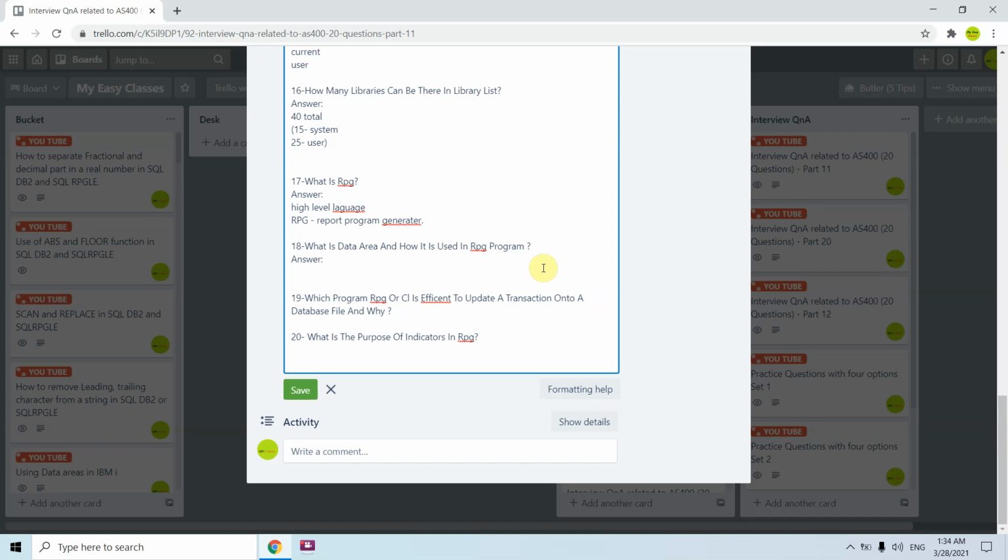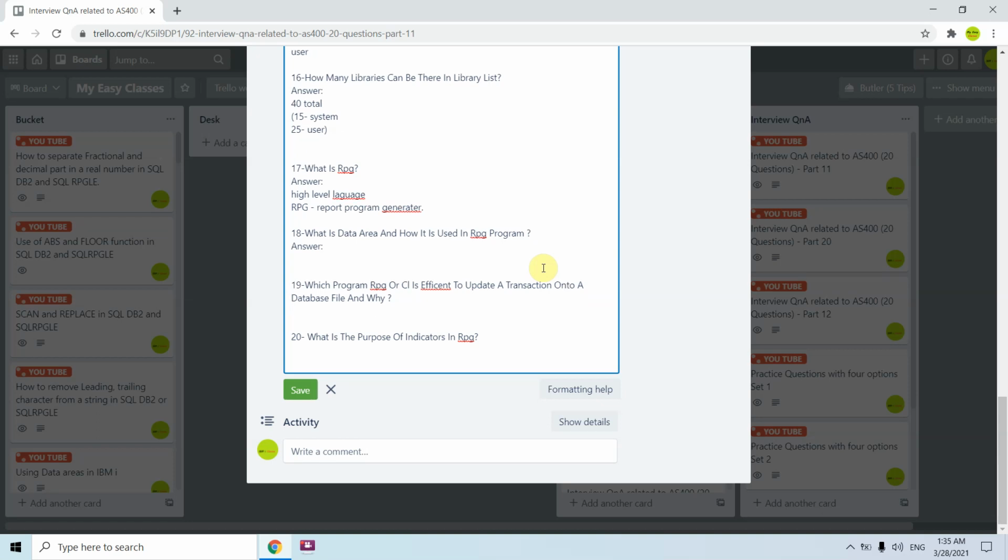Whenever we apply IN, we are reading the data from the data area. When we apply OUT in RPG, we are writing or updating the data area. The data area is created using the CRTDTAARA command, changed using the CHGDTAARA command, and we can retrieve the data area in CL as well using the RTVDTAARA command. For deleting the data area, I can use either DLTOBJ or the DLTDTAARA command.